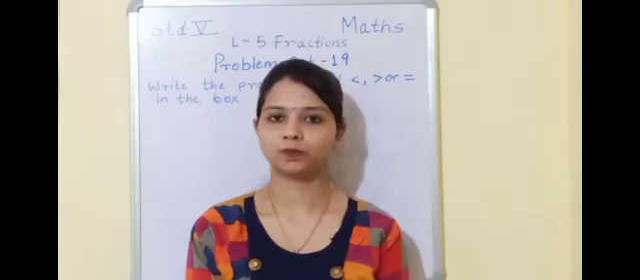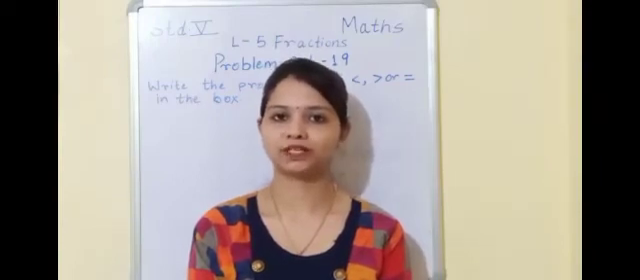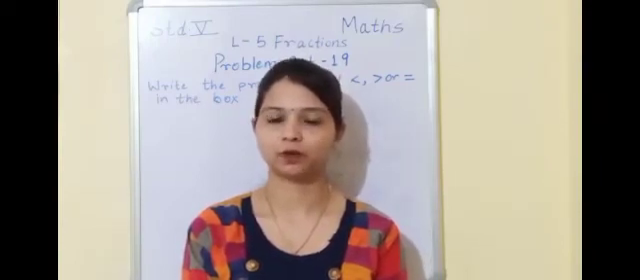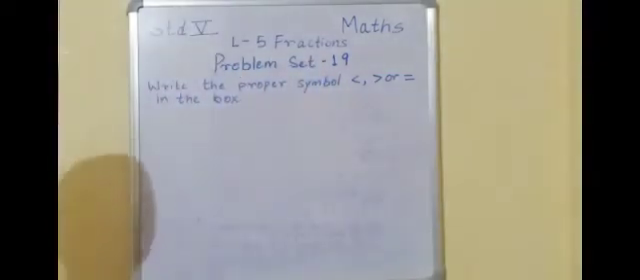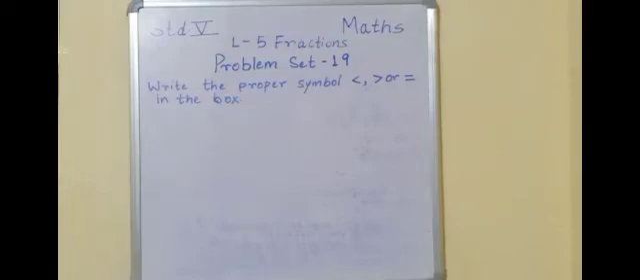Now come to problem set 19 on page number 26 of your textbook. Question is, write the proper symbol less than, greater than or equal to in the box. First to third part are like fractions, that is, they are having same denominators. So you can easily compare them by comparing their numerators. The fraction having greater numerator is the greater fraction. So come to the fourth part, that is